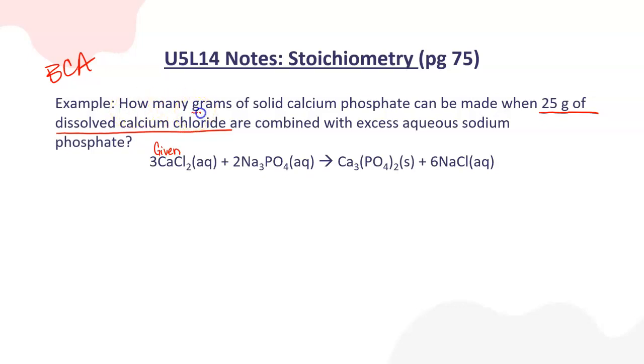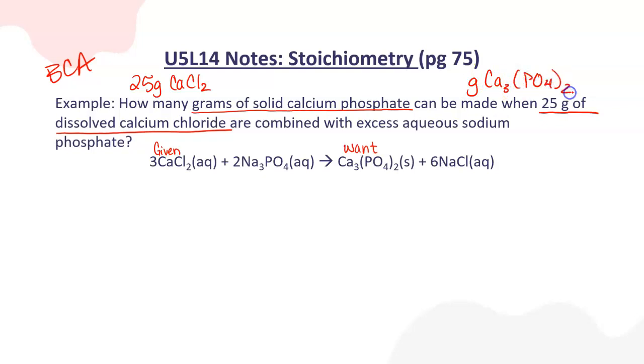So it is asking me for grams of calcium phosphate. So this is what I want, is calcium phosphate. Okay, and I'm given grams of each. So I'm given 25 grams of calcium chloride, and eventually I want to be at grams of calcium